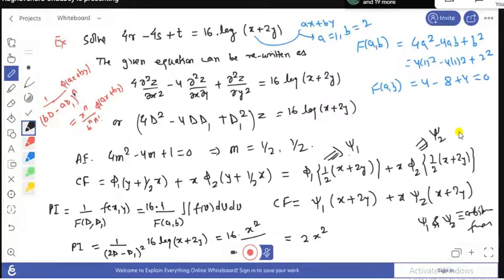Okay, so we can write here x square, b square means 2 square into 2 factorial, and log of x plus 2y, this becomes 2x square log(x plus 2y). ओके तो यहाँ पे पार्टिकुलर इंटीग्रल जो है ये फाइनली ये चीज आएगी आपकी